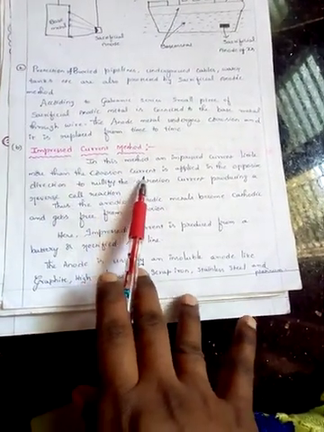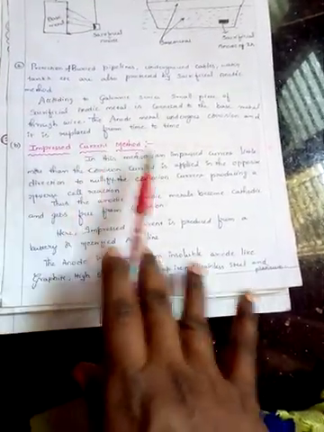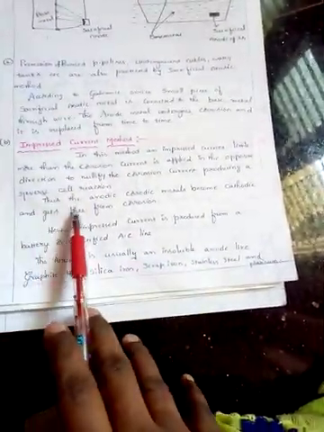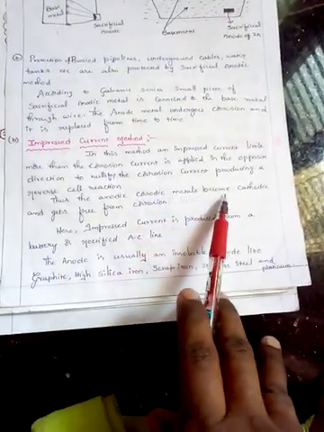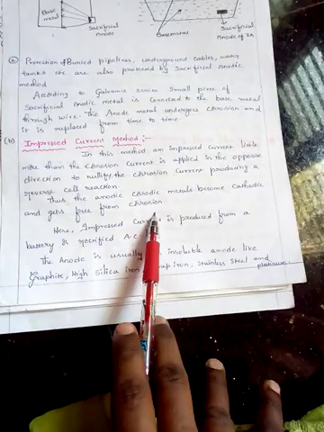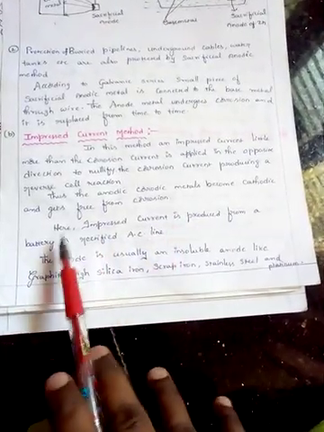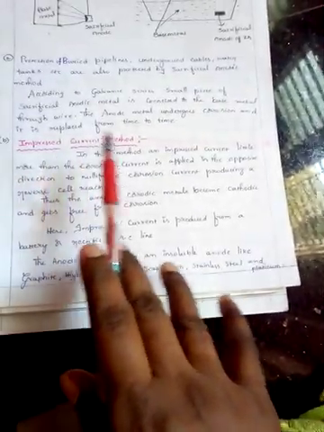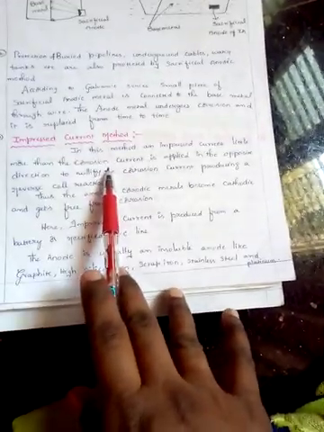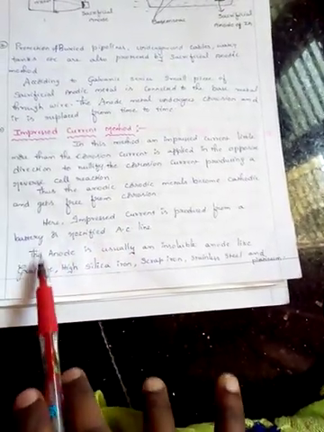Whenever the corrosion current value becomes zero, the reaction retards. That means the corrosion doesn't happen. That's why the metal can be protected. Thus the anodic corroding metals become cathodic and get free from corrosion. Okay, here the impressed current is produced from a battery or a rectified AC line. We produce an excess quantity of current over the corrosion current by utilizing a rectified AC line or a battery.